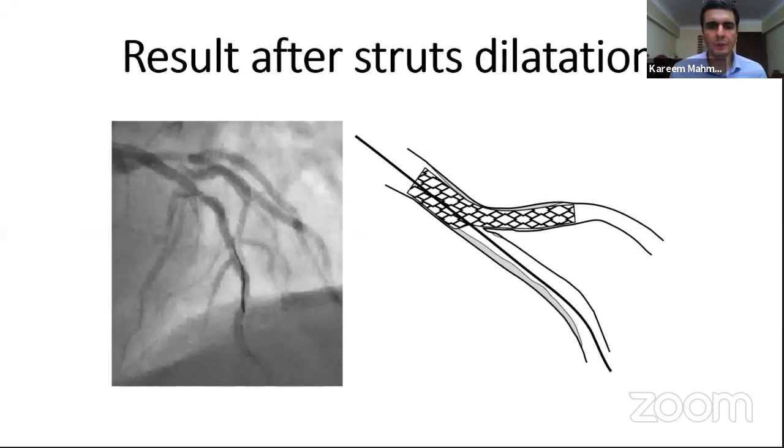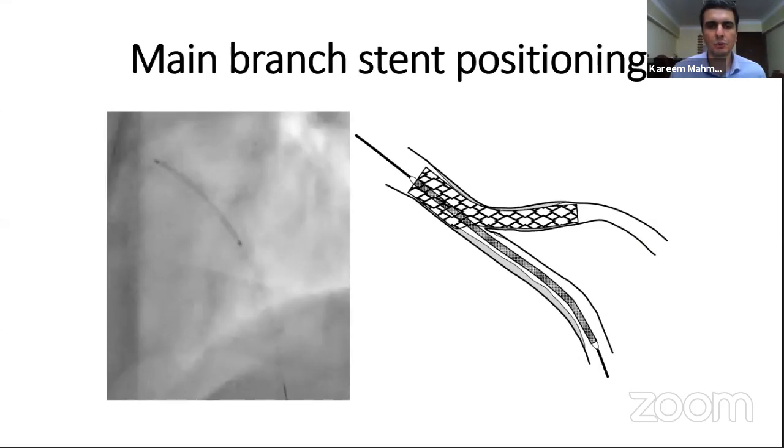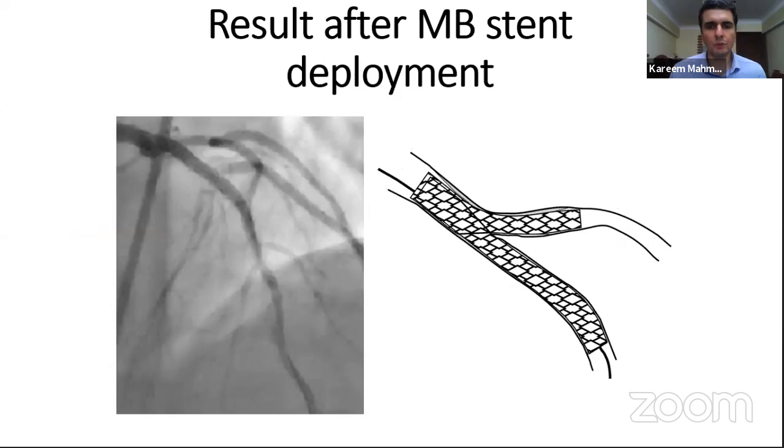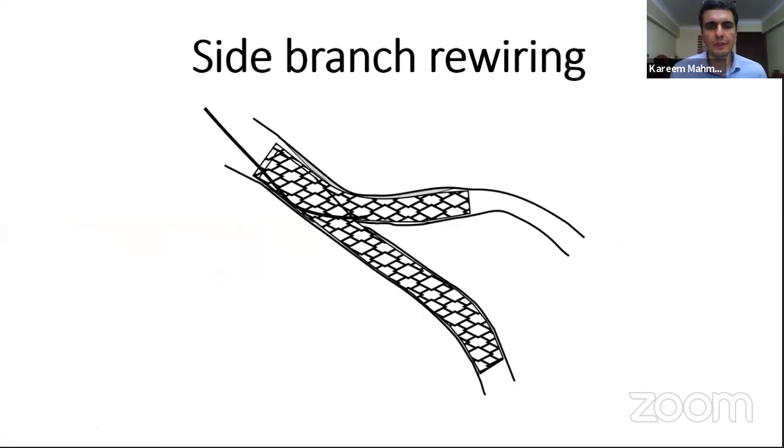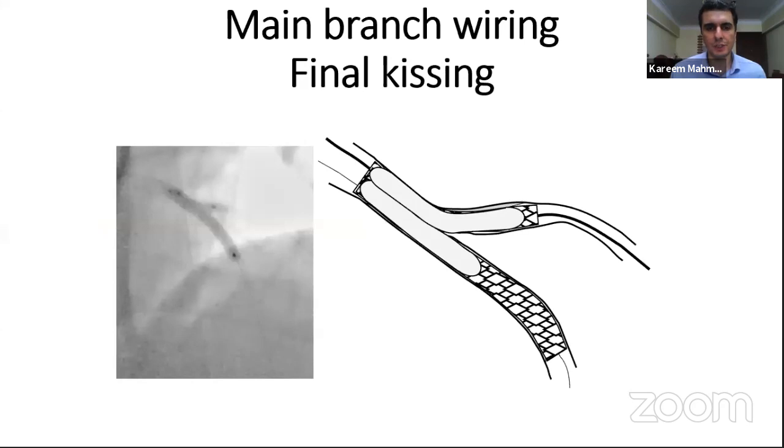This is followed by, after dilatation, we introduce the second stent into the main vessel and do the stent deployment. Here we obtain the two stents that have the pantalon shape, or trousers, or the Culotte shape. And this is the time for the second bot here after the deployment of the second stent. So this is the time for the second rewiring for doing the final kissing balloon inflation.